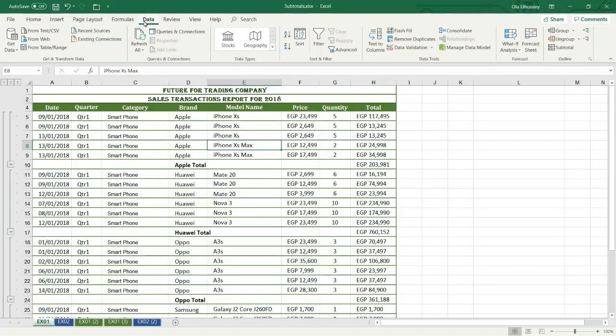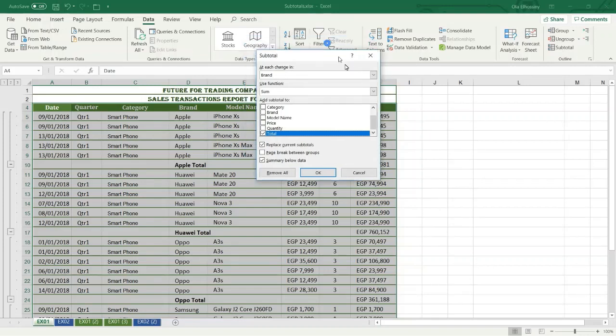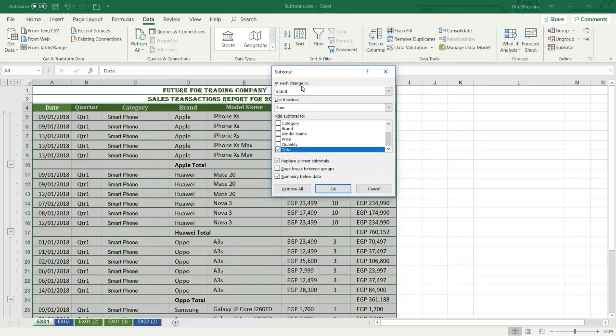Then from the Data tab I select Subtotal. From the At each change in drop-down list, I select model name, and from the Use function drop-down list I select Sum